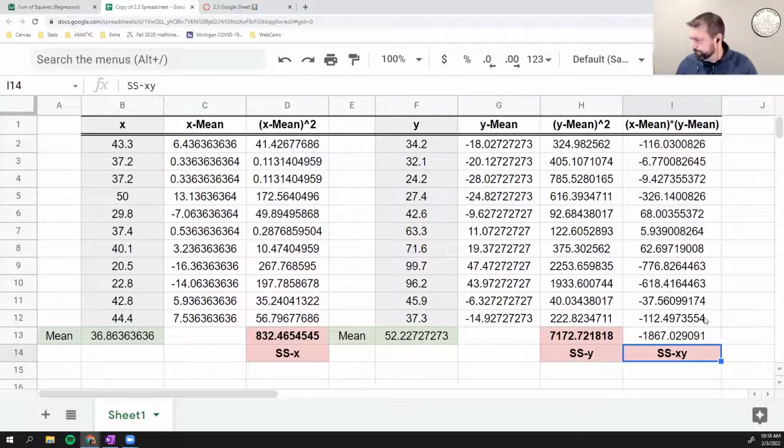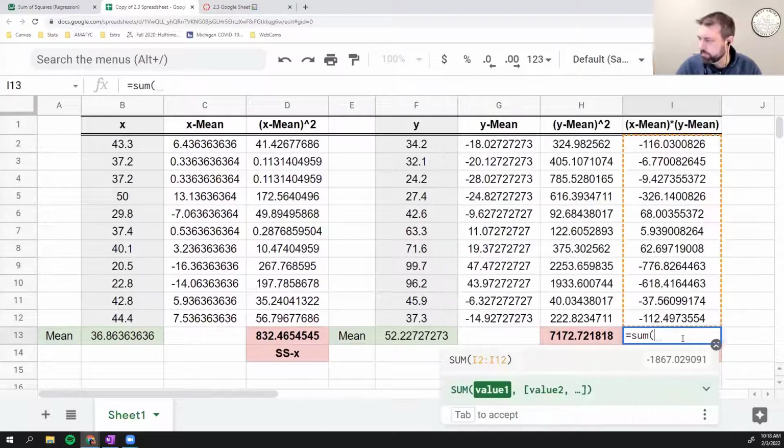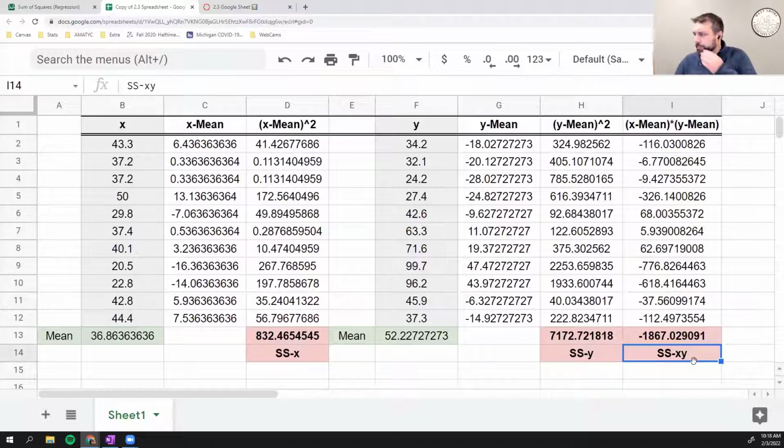Do we do that right? Equals the sum of these values here. There we go, that looks better. Okay, so now that we have this, now that we have our mean of X and Y, we have SSX,